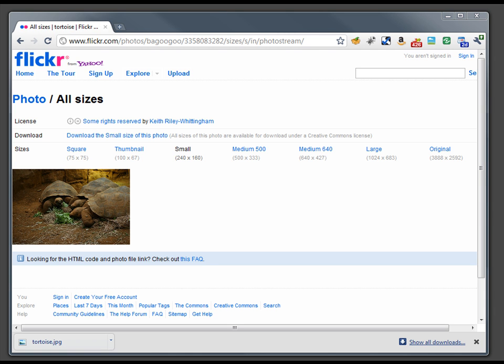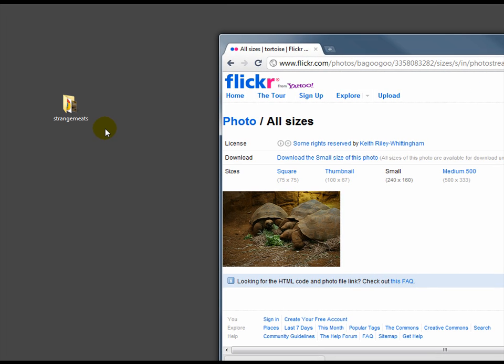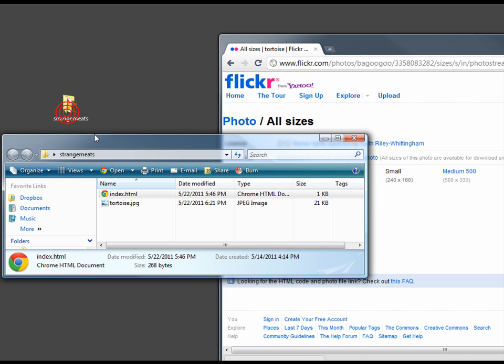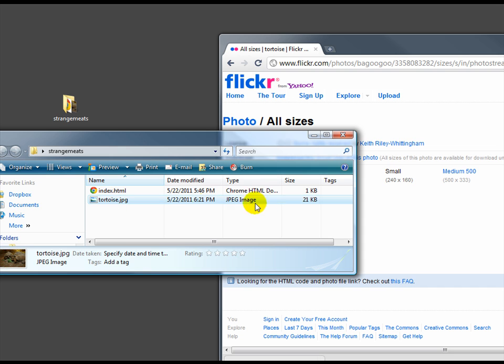Okay, now that we've downloaded a copy of this image, how are we going to get it to appear on our own page? First, let me take a quick look here and see that up until now, I've been saving my index.html file right on the desktop. I've instead now collected these two files, index.html and tortoise.jpg, which you see is a 21K image, in their own